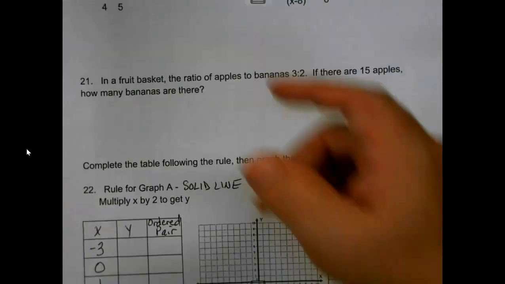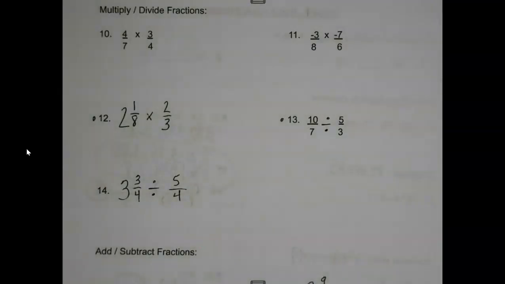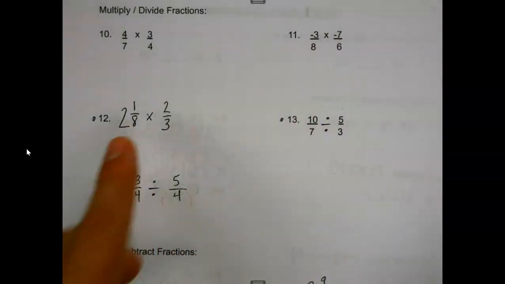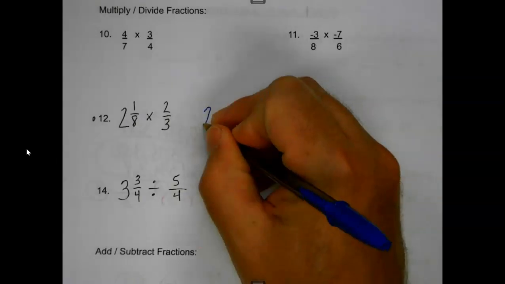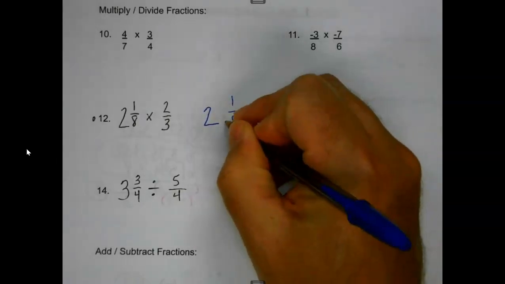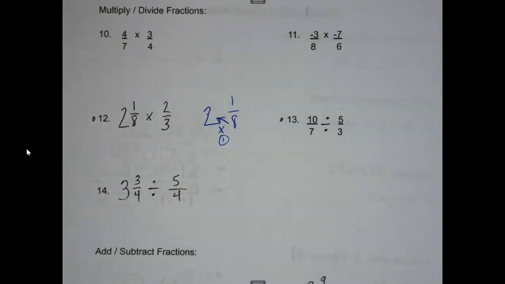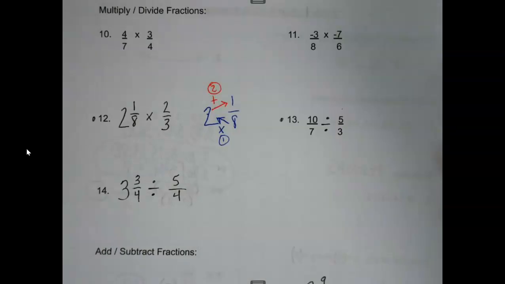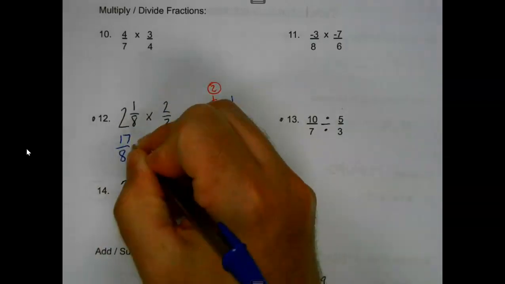All right, a little more bopping around here. Like I said, we can always come back to anything. Little of everything. Oh, multiplying and dividing fractions. Okay. Mixed numbers, possible to do on the calculator, but not something we necessarily want to do. So here with this, I'm just going to write my 2 1/8 over here because I want to be able to do this a little easier. My first job is we're going to multiply the denominator by the big number, by our base. And then secondly, we're going to add the number that's on top. So 8 times 2 is 16, plus 1 is 17 over 8